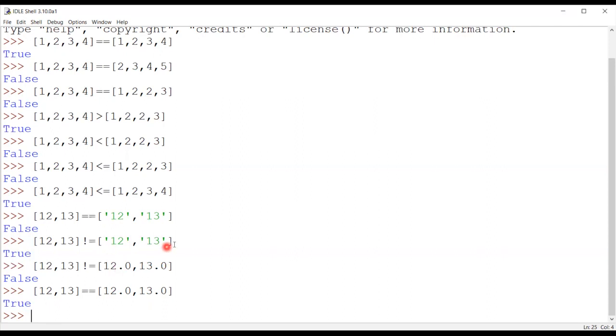But yes, in these types of values, where I completely convert my integer values into string values, I will get the opposite result. That means the restriction of data type comes into play, and different data types cannot be compared at all.